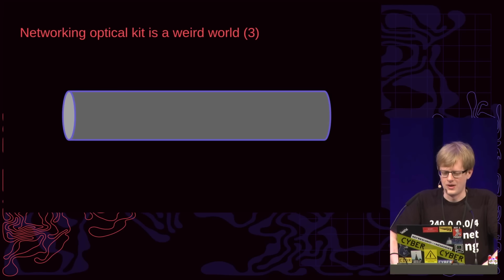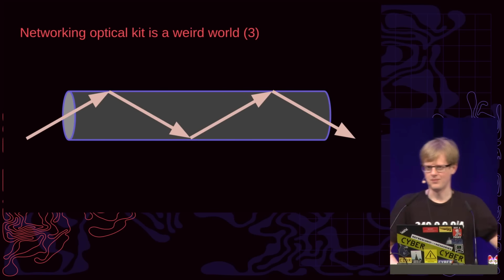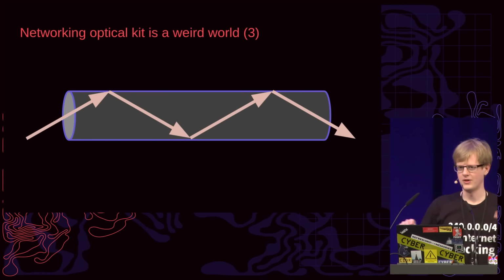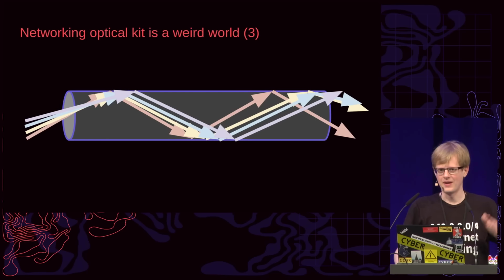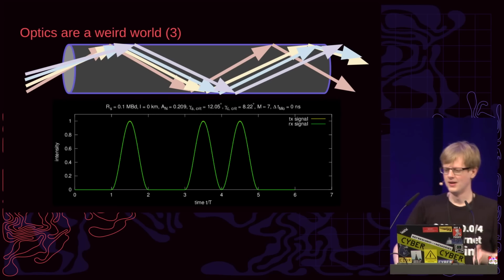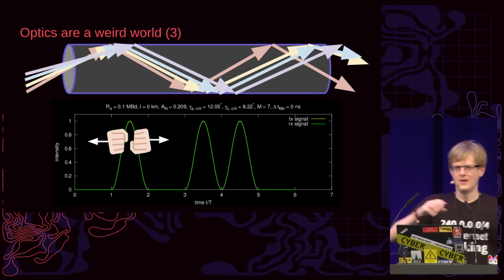So the reason why this is bad is because if you have a glass tube and you send a laser down it, obviously, physics, your signal is bouncing, well, hopefully not too much, but it's bouncing around in the tube until it gets to its destination. The problem is that you never actually get a perfect entry. And so the signal just comes out a little bit wonky on the other end. And so if you send a bunch of pulses down,